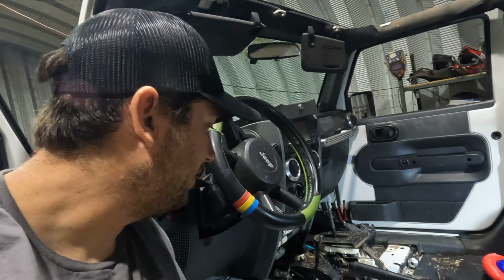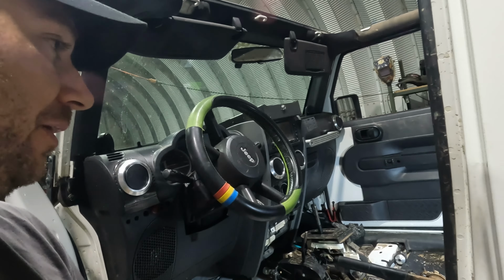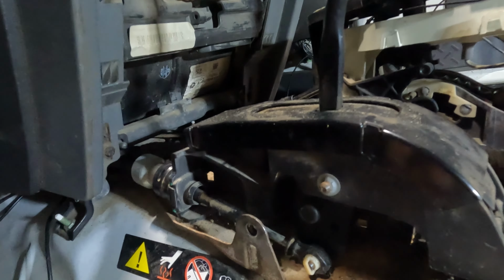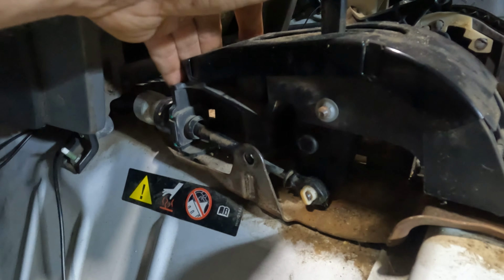All right guys, I got the center console out here. You do not have to do this. You don't have to take it all the way out. I was planning on doing some other stuff here, so I figured I'd take the 20-ish minutes or so that it took to get it all out while I'm here. But what you're looking for, here's the transfer case